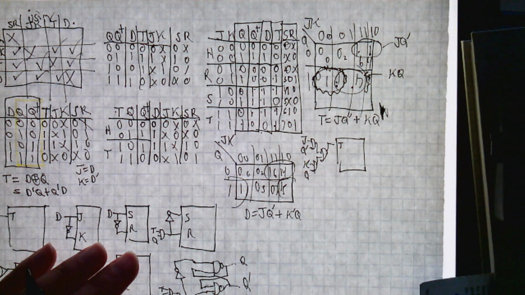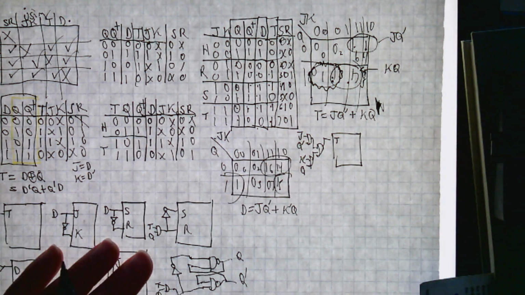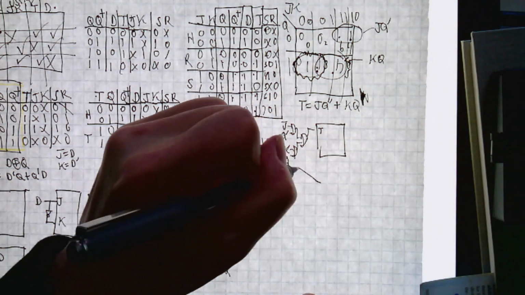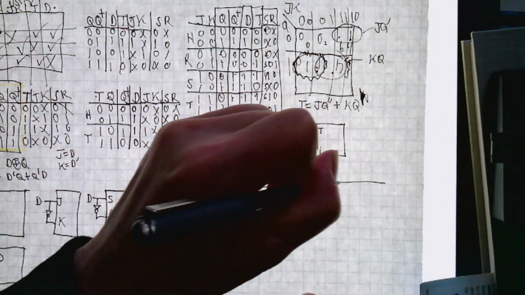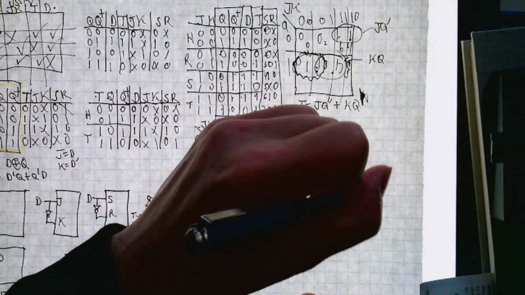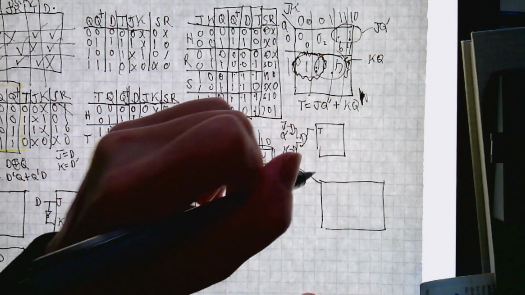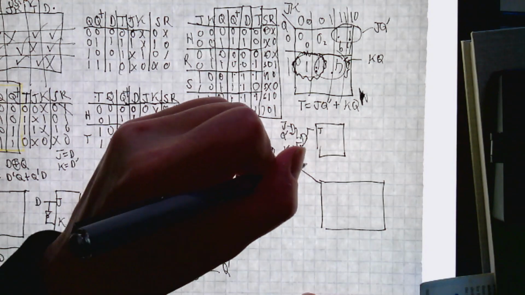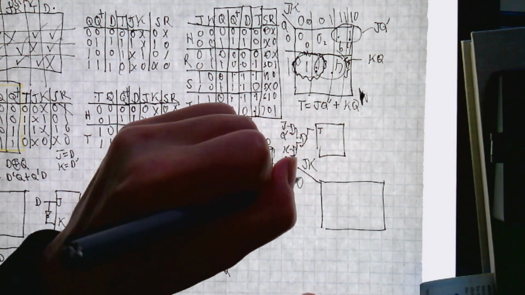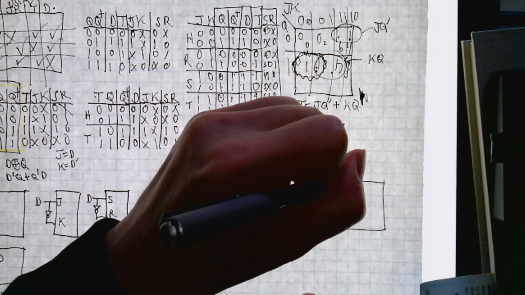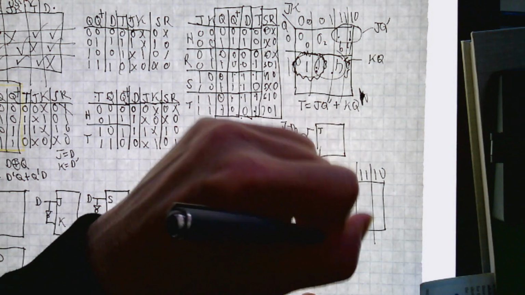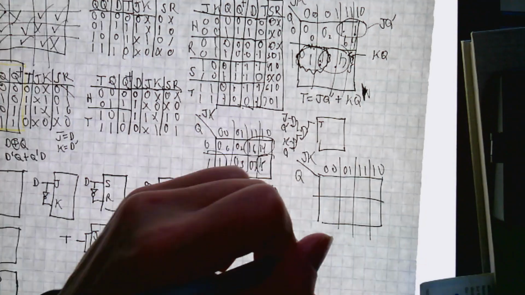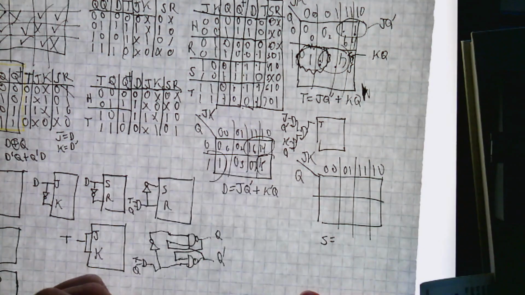So then the next obvious step, if it's obvious, you need your K-maps. 2 K-maps, no waiting. And this is going to be JKQ, and then you're going to want to have S equals